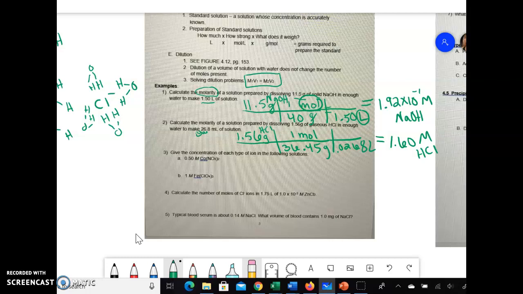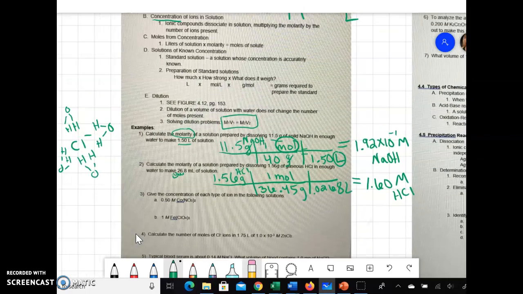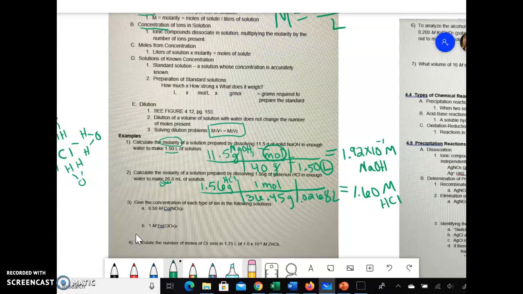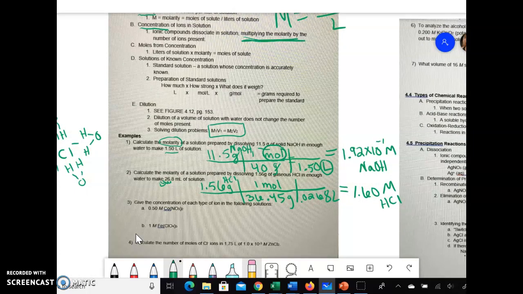All right, for the next one, it says give the concentration of each type of ion. So first of all, let me just highlight that you can find the ions by looking at the concentration of them up here. I think we talked about this right here. I should have highlighted this section right here. Let's just do an example and let me show you what I mean. So if we have,